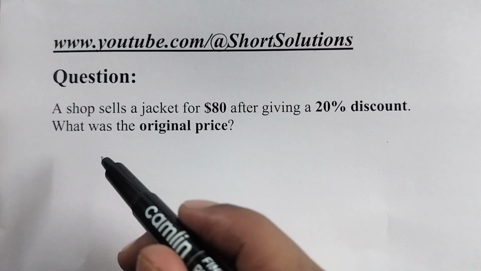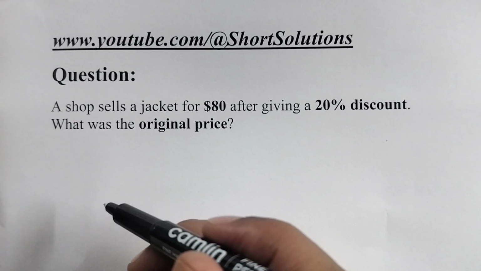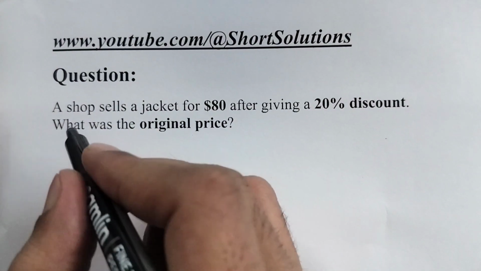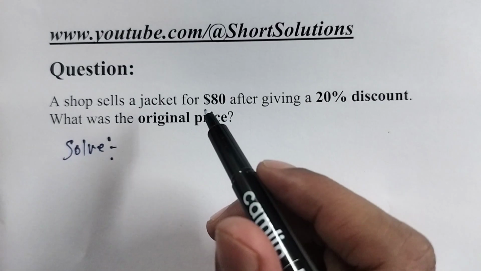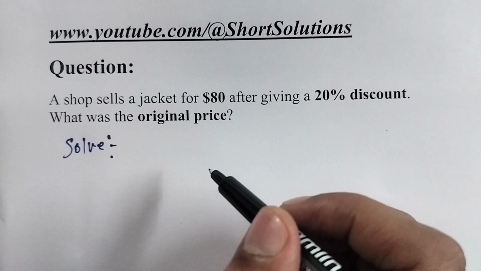A shopkeeper sells a jacket for $80 after giving 20% discount. What was the original price? Let's solve it. 20% discount means customer pays 80% of original price, because